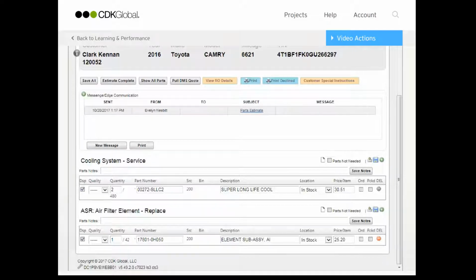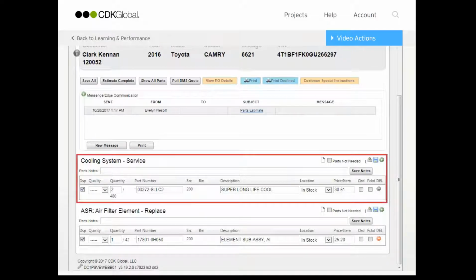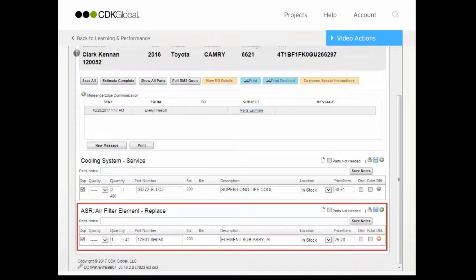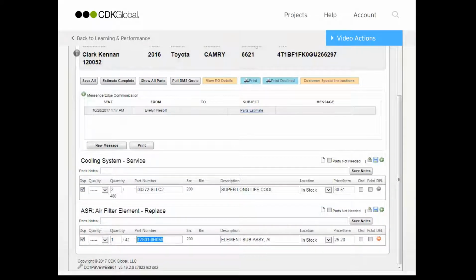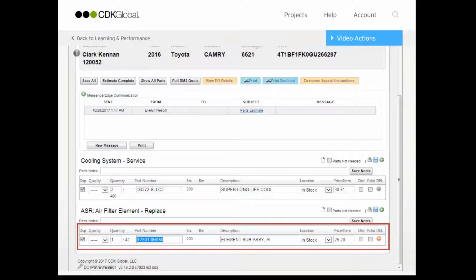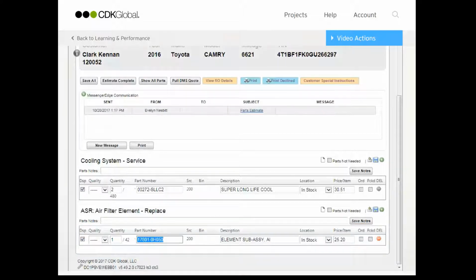Okay, it looks like the vehicle was brought in for a cooling system service, but they also discovered the air filter element needed to be replaced. We can see in this case the requested part and its data including price is pre-packaged by the system. But what if part info was not in the line item? Let's see. We'll take all the info out of this ASR